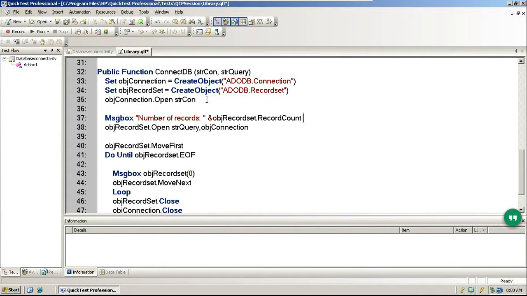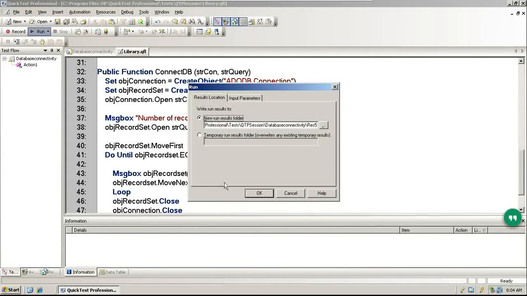We simply want a record count, right? So even the record count can be found immediately after the object record set is created. That's what I mean. The object record set is opened here, but I am trying to find it here. Okay, let's see.